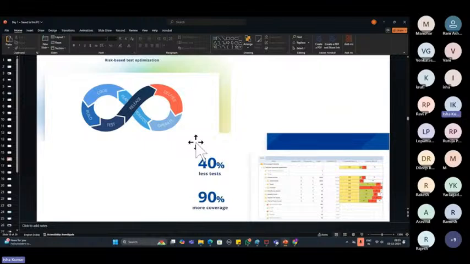Okay. So by this, what happens is we can cut 40% of the risk. I mean, it's not that we cannot cover this much risk. So 40% of the risk is cut down, and 90% of coverage is happening here with the help of this risk-based test automation approach. And if you see here clearly,